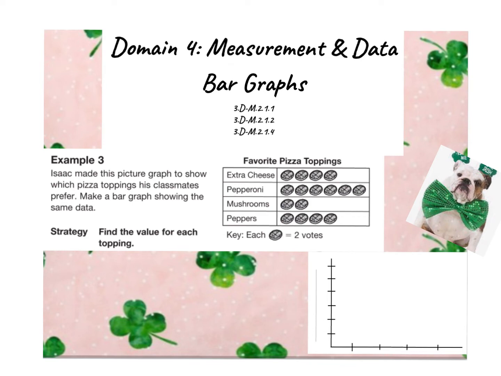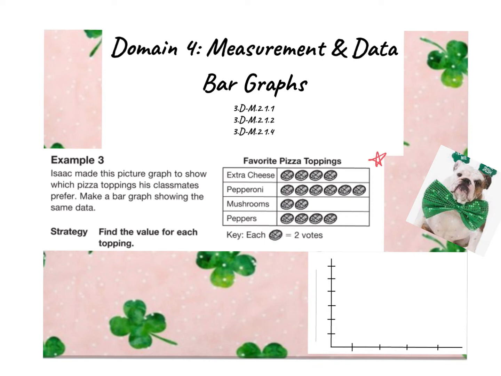Let's practice creating our own bar graph. So this story says Isaac made this picture graph to show which pizza toppings his classmates prefer. We're going to make a bar graph showing the same data. So over here, we actually have a picture graph, and you can see that this is talking about the favorite